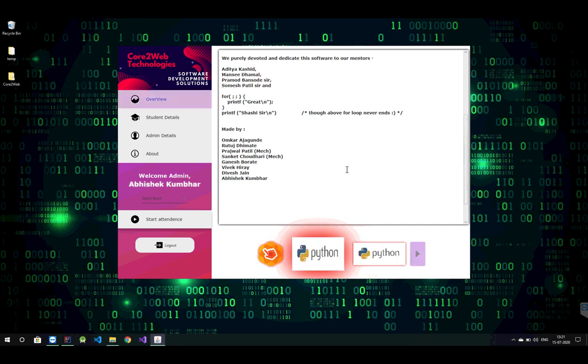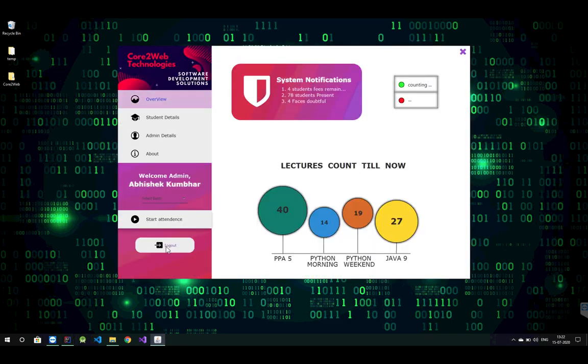Here you can see a slideshow of all the technologies that are being used in this application, right from OpenCV, Python, Java. It's a collaboration of multiple technologies like JavaFX, Core Java, and the JRE on which this application is running is version 1.8, that is Java 8 JRE. Then Python 3.7 is being used for the purposes of face recognition and those scripts. Then MongoDB drivers are being used, and at last we have a button for logout.